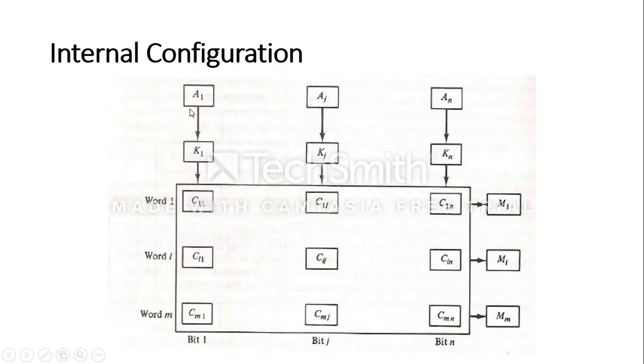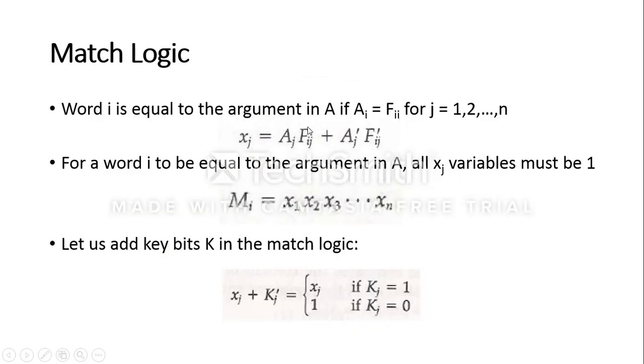So now my question is, how will these bits of the argument register A be compared with the bit combinations available in the memory cells of word 1 or any word present in this memory configuration? Basically, we want to compare each bit of the argument register with the corresponding bit in the associative memory configuration. For doing that comparison, we can simply use the XNOR operation. Aj, let's say we want to define a general equation using which this comparison can take place.